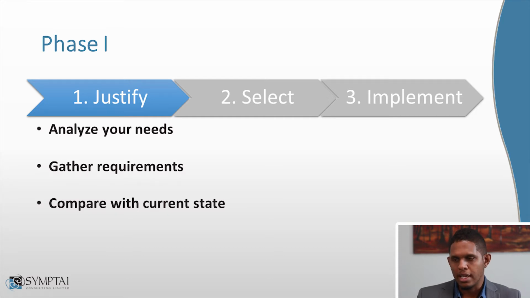And then you want to compare with your current state. And remember, I had the earlier diagram where we showed a young lady who was surrounded by multiple systems, and it was just chaos for her. So in your evaluation of your current state, you want to take your existing systems that are trying to provide the process that you're trying to replace, and you need to evaluate those different systems, or in some cases it may just be one, and identify the gap between your current state and where you want to be in terms